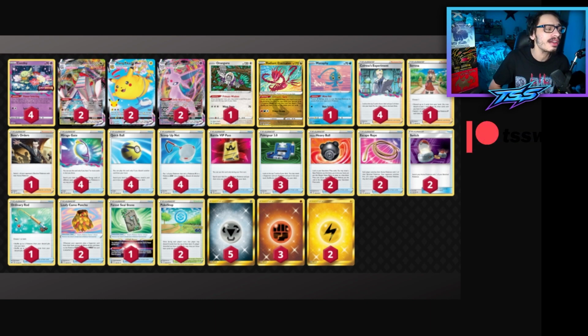Now, the deck also does play a couple Flying Pikachus. The reason why the deck is playing the Flying Pikachu is because it's another really good VMAX Pokemon that fixes matchups. Duraludon Espeon is really good against Lugia. It can be decent against other